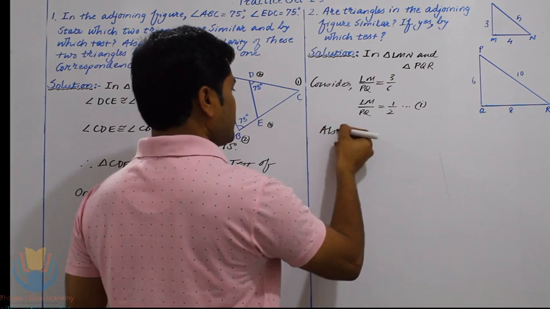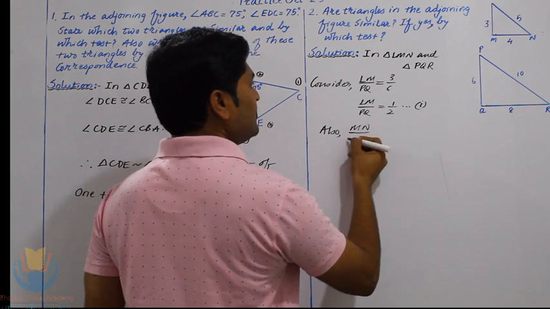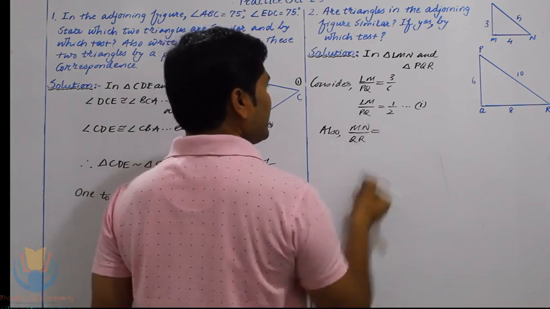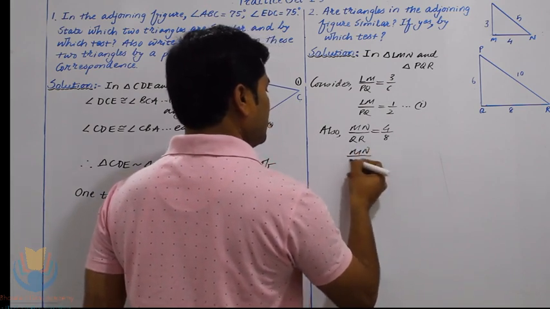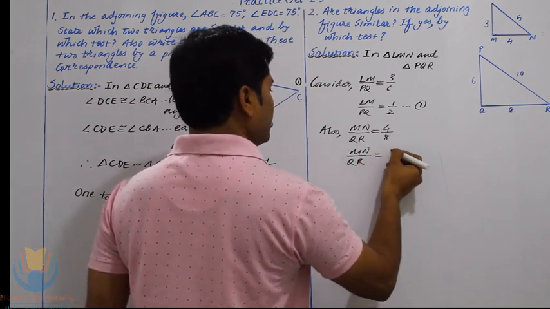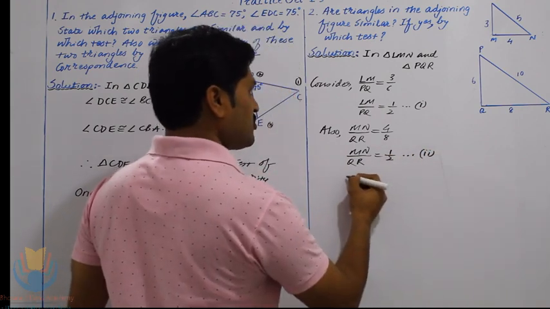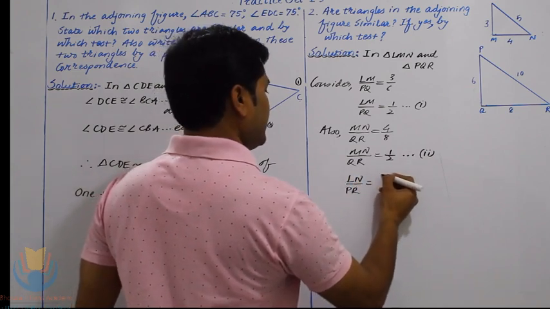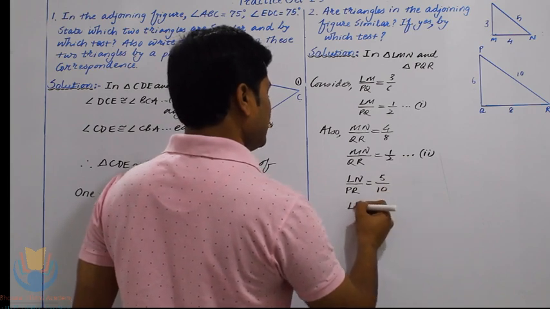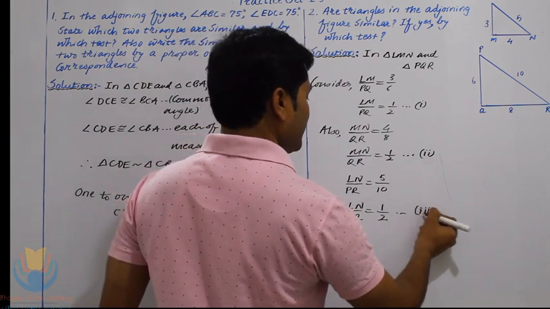Similarly we will take the ratio of the remaining corresponding sides. So we will take the ratio of MN with the second side of the second triangle, QR. So this is 4 upon 8, which is again 1 upon 2. Therefore MN upon QR is equal to half. So this will be the second equation. Similarly we will take the ratio of LN with PR. So its length is 5 and its length is 10. Therefore LN upon PR will be equal to 5 ones are 5 and 5 twos are 10, that is 1 upon 2. So this is going to be equation number 3.